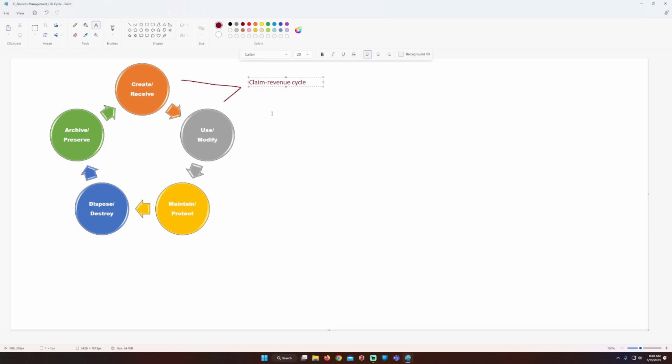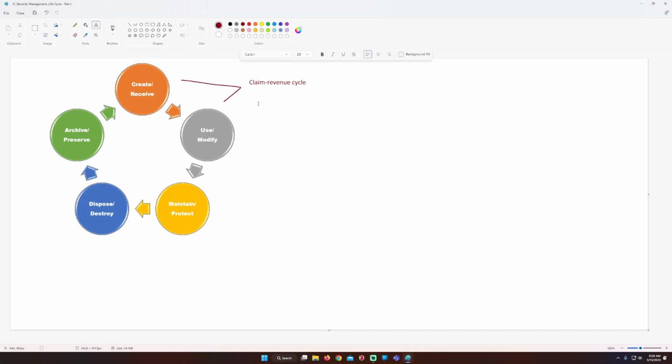revenue cycle. Now you'll notice claim revenue cycle essentially links our first 2 stages directly. All right. The claim revenue cycle is going to start when the patient becomes a patient, right? So when they show up to their office and they say, hey, I want to establish myself as a new patient at this clinic, that is where all of this begins. That is where we first receive or create information related to that patient. So